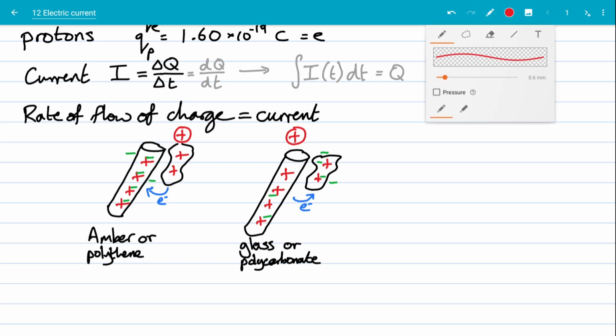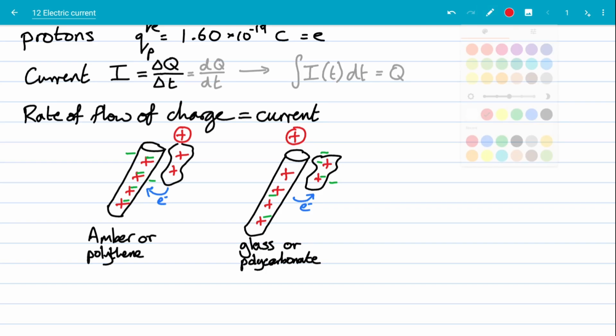and amber and polythene will end up charging negatively when you rub them with these cloths, and the cloths gain the opposite charge. So charge is conserved, it just gets transferred from one place to another. But this wasn't understood. So when early experiments into charge were happening, what happened was a man called Benjamin Franklin,